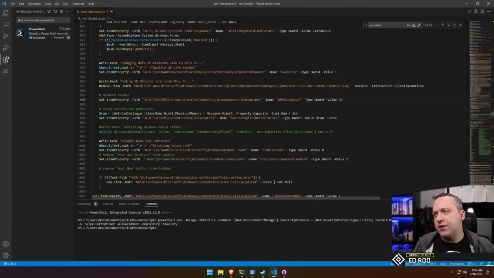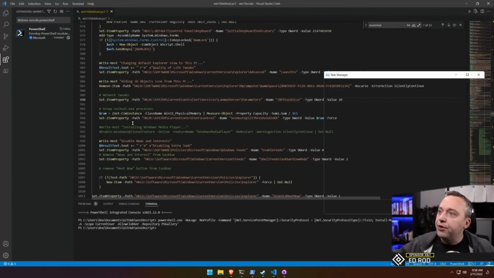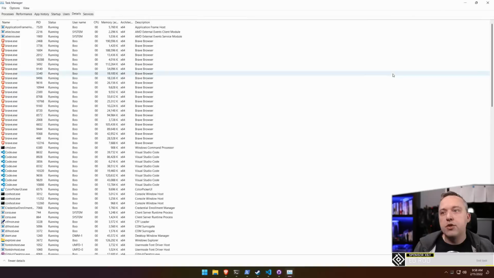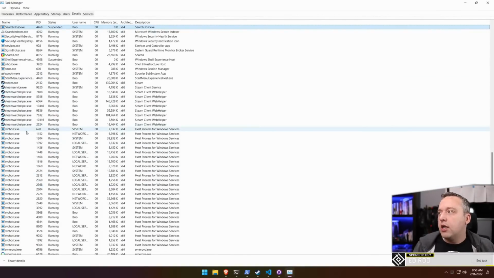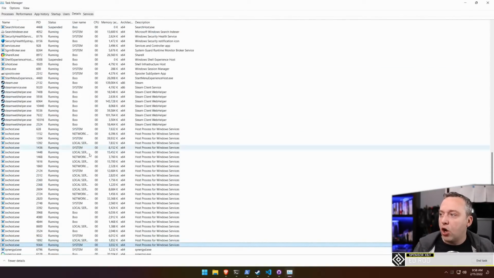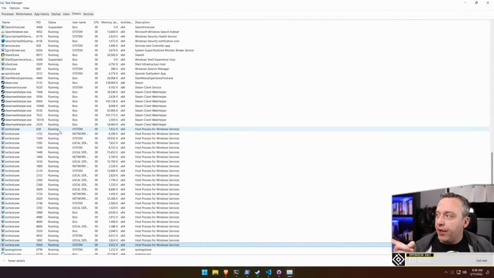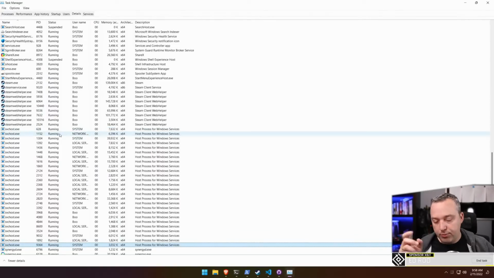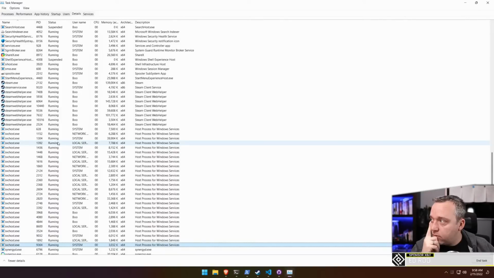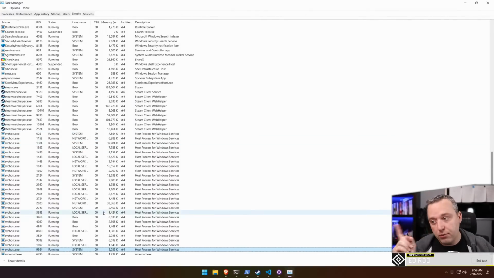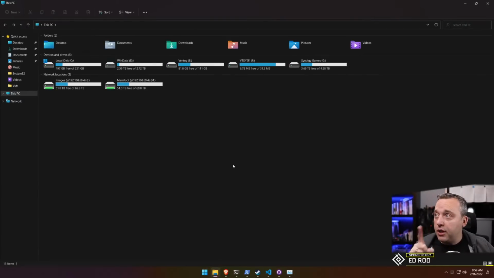SVC hosts. This is kind of like the rootkit that's built into Windows. If you ever come into Details, you can actually come down into here and you'll see you have a whole bunch of svchost tabs and you're like, what is that? That exe file is basically embedded with a whole bunch of different processes that are going to happen on your system. And you might be thinking, how do you see what's inside that? And you can. You just can't do it by default in Windows. But Windows does make a tool for